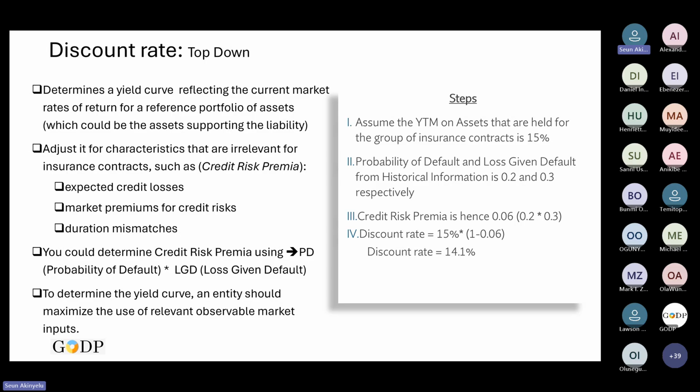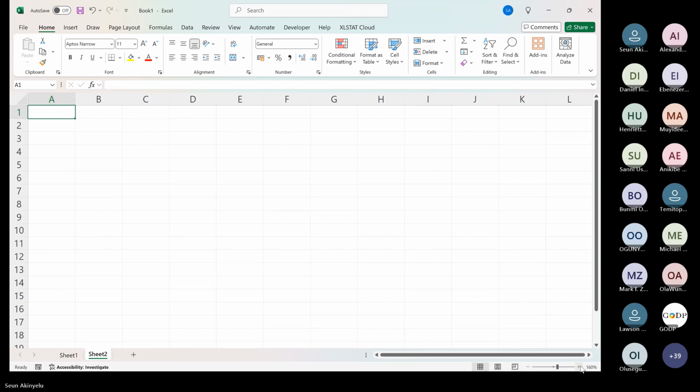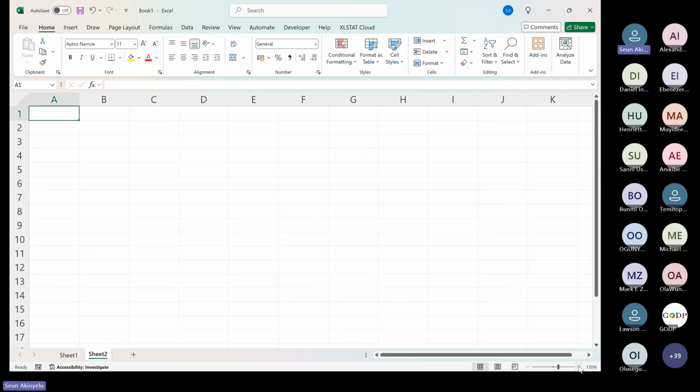To calculate a credit risk premium, in reality, we use PD multiplied by LGD. Or, sorry, probability of default multiplied by loss given default. Let me try to make it realistic for you. What is probability of default? You know that the most prominent credit risk is what they call risk of default. In a normal credit risk, you have things like default risk, and you also have concentration risk. But the most prominent one is the default risk, the risk that they will not pay.